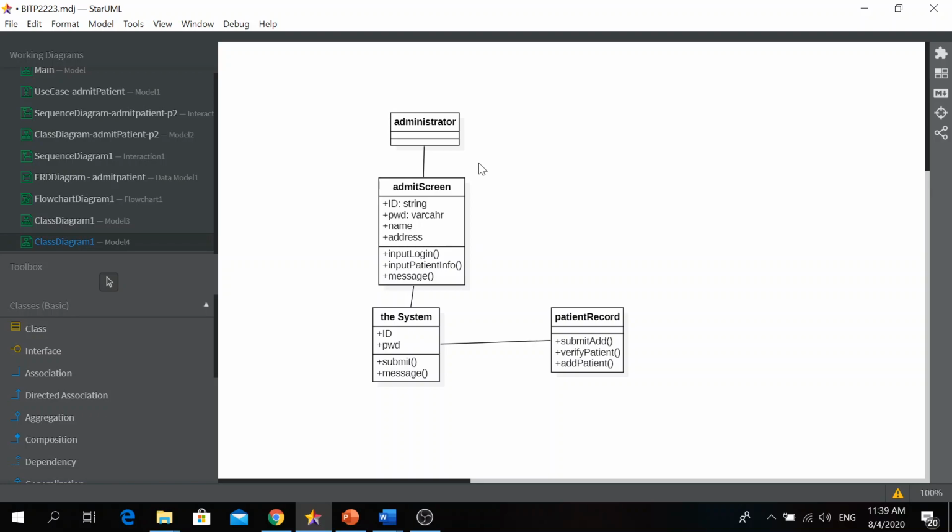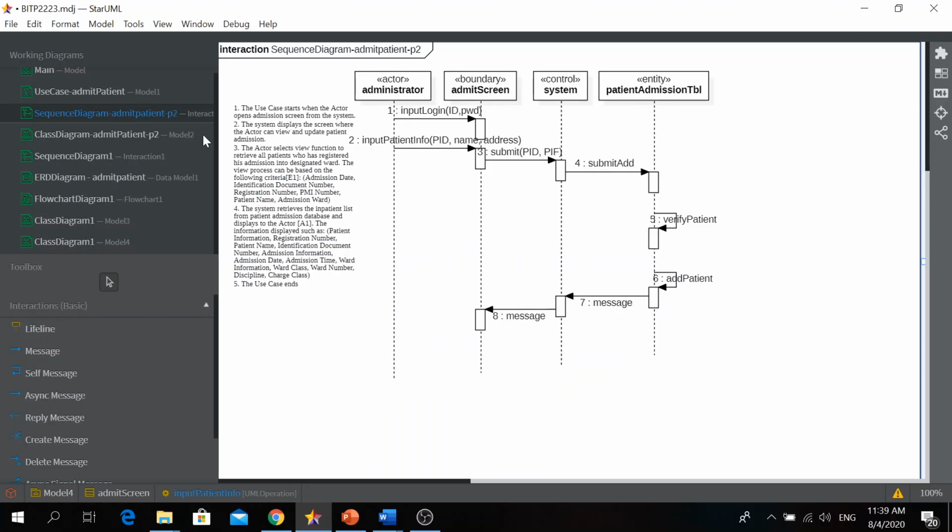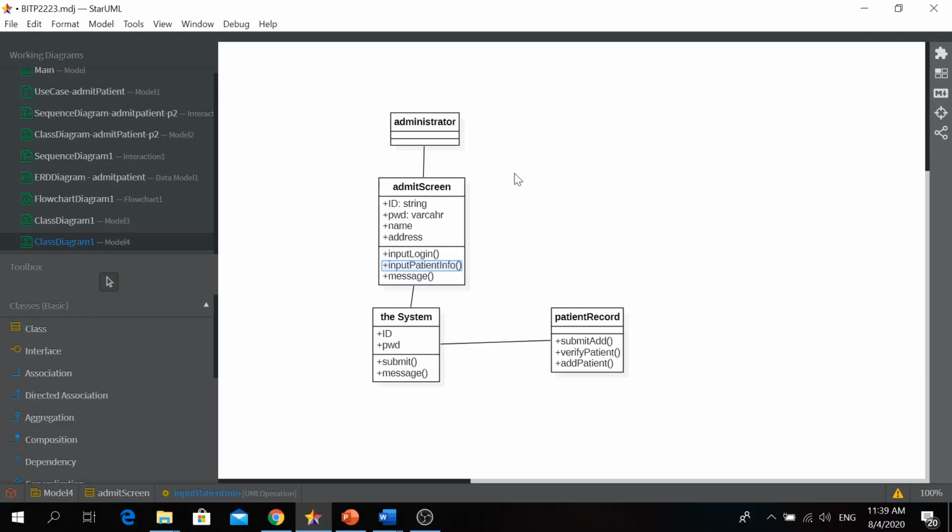Now I have shown you what the attributes are, what the operations are, and how to discover the attributes, how to discover the operations, and how we discover the relationships as well.